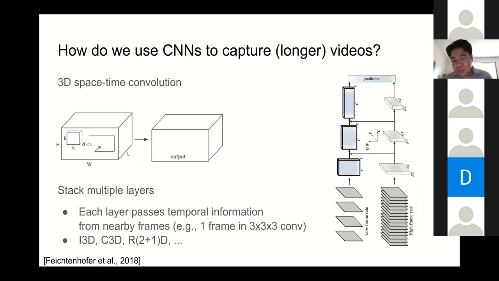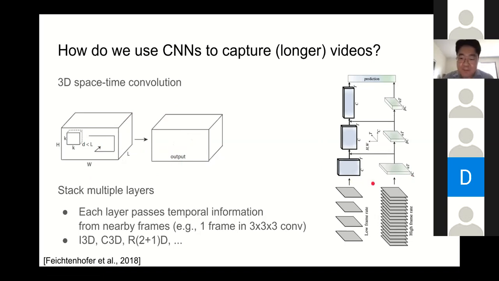How have we been doing this with convolutional neural networks? As many people are aware, use of 3D space-time convolution by just treating time as one more axis in the tensor has been quite popular, as well as successful. The idea is to stack multiple 3D space-time convolutions like this. An example is here. This is the SlowFast network from Facebook.